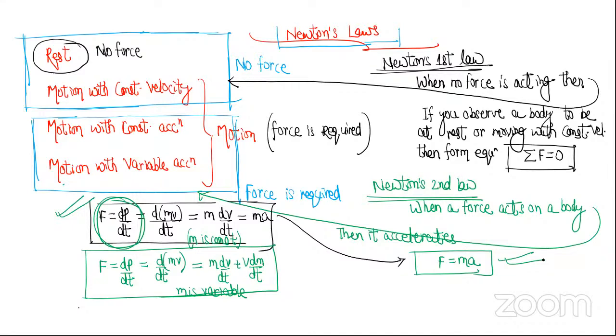How to identify whether the velocity is constant, or acceleration is there, whether acceleration is constant or variable? How to identify that? For that we have studied the first chapter. First we have to understand that. Velocity,